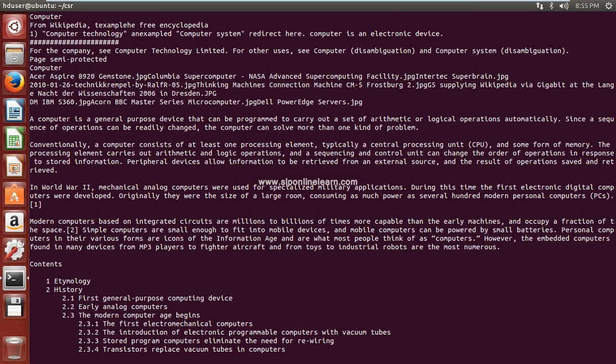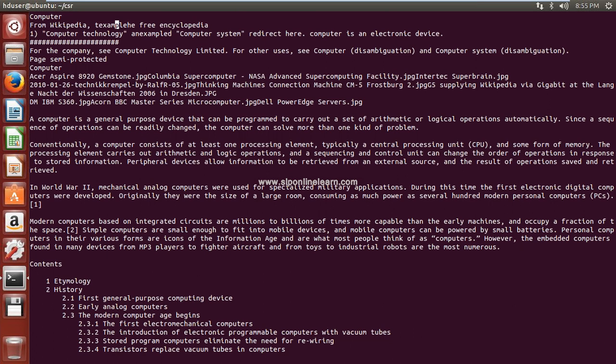Next one, see, now the cursor is placed here in the second line. If you want to insert a new line above the current line, then you can use command capital O. So we have to use all these commands in the command mode only. So here capital O inserts a new line before the current line, above the current line.